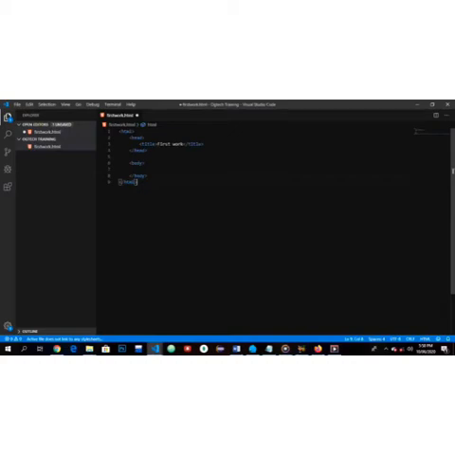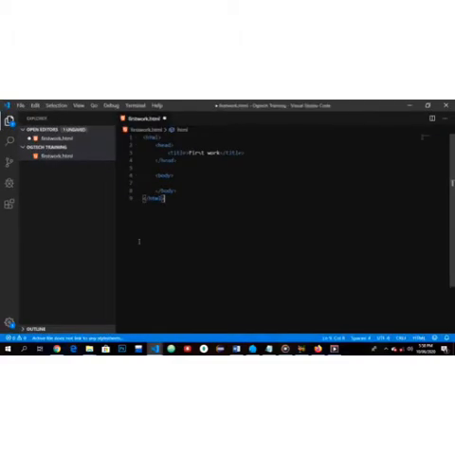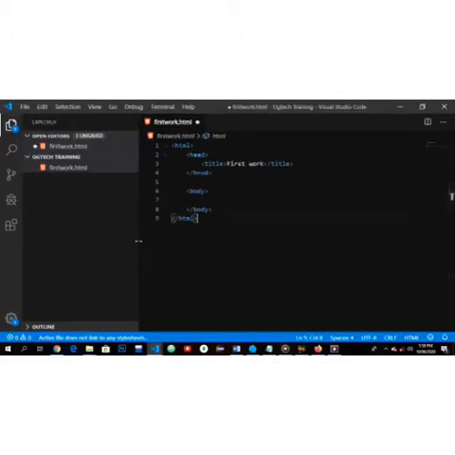Hello, welcome back. Today I will be giving you more explanation on how to use your VS Code. So after opening our folder and the files and the likes,